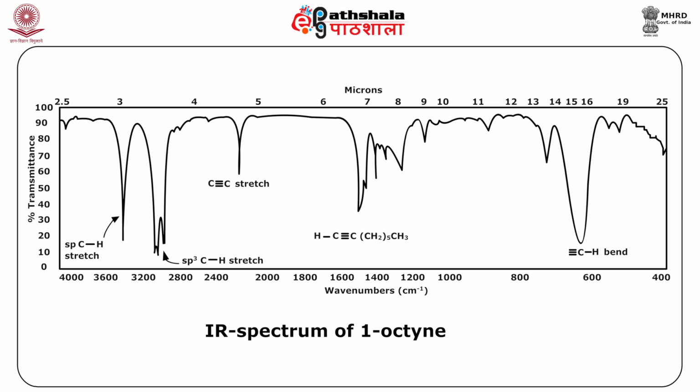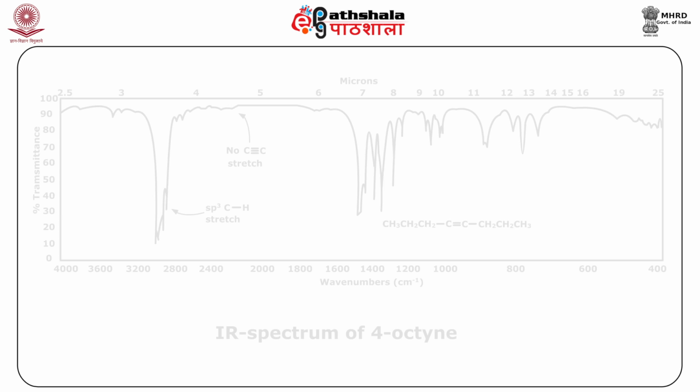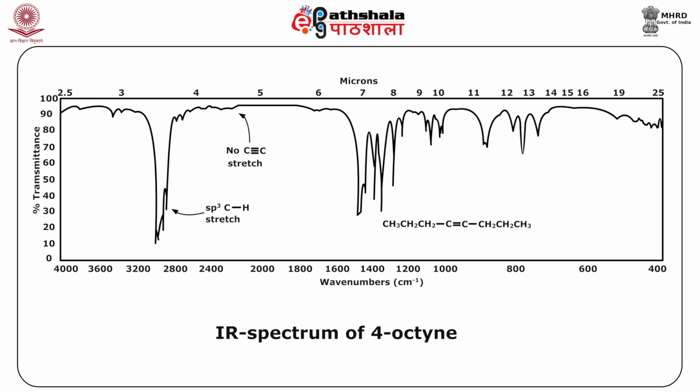The terminal alkynes show C≡C stretching vibration at 2140 to 2050 cm⁻¹, whereas the symmetrical or unsymmetrical internal alkynes show either no band or a very weak C≡C absorption at 2260 to 2190 cm⁻¹. Now the terminal alkynes show a sharp and strong band which belongs to the ≡C–H stretching vibration in the region of 3310 cm⁻¹ to